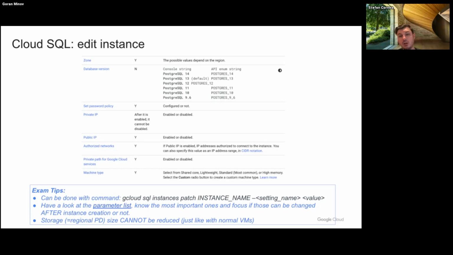While major version upgrades are possible via an in-place upgrade process, you cannot, for example, switch from MySQL to Postgres. The storage type, you must choose between SSD and HDD at creation. You cannot swap them later. I think I've explained last time about SSDs and HDDs. Storage reductions. While you can always increase storage, you cannot decrease it. If you ever over-provision a disk, there is only one way to shrink it. It's essentially to export the data and import it into a new, smaller